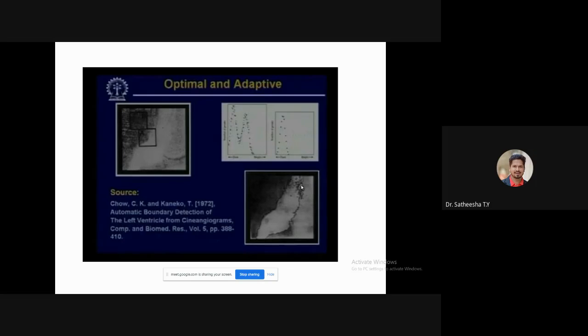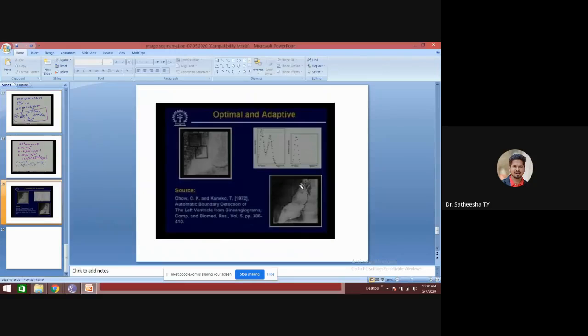Using this thresholding, the boundary of such a thresholded image was obtained. When superimposed on this particular image, you find that this one shows the boundary of the thresholded image. So as was estimated, this was the estimated boundary, and the boundary points are quite well estimated in this particular case. So with this, we stop this particular lecture on the threshold operation.